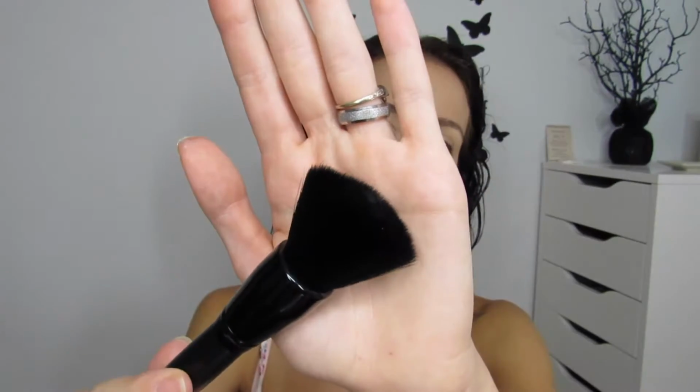Even if you're not oily like me, I have pretty normal skin, but by the end of the day I will have a little bit of shine, and those are the areas that your makeup will normally not last. Now that I have all that set, I'm going to go in with this brush here. This is just a flat top brush, and this I'm going to use to put powder on the rest of my face. Now, since this brush is flat, it's going to help me really direct the product in one area